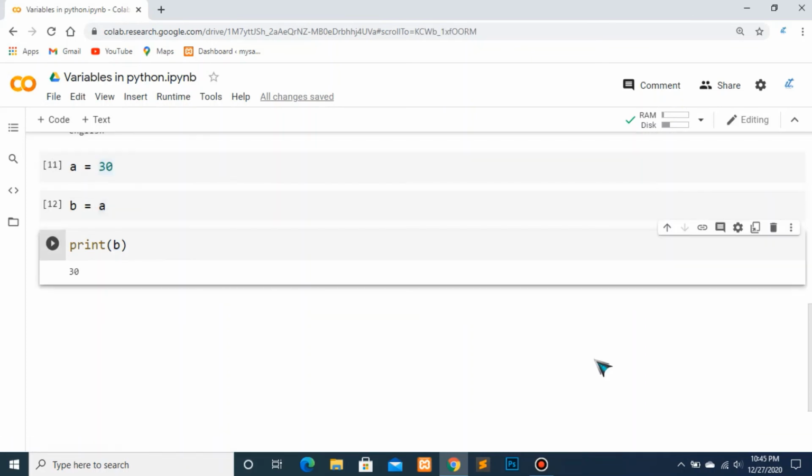So for now, this is all about variables. But remember, we can do a lot of things with variables. Like we can assign them a value which is a sum of two variables. We can assign them a value which is a sum of two numbers. But I am not going to implement all these concepts right now because I have not explained the operators in Python yet. If I implement these concepts right here, then you will get confused. Once I explain operators, then I will implement all these concepts.